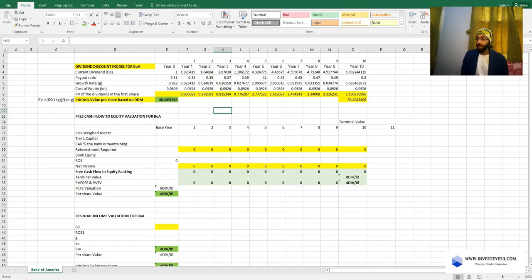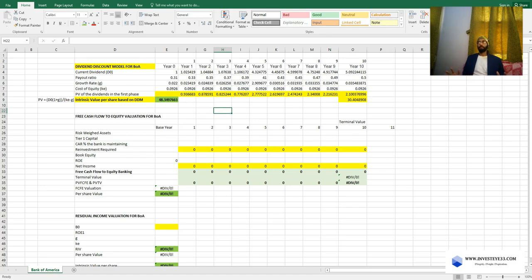and which is a very important factor here, because we are seeing there is a trend increase in the payout ratios, and this is a very important inclusion when you're trying to calculate Bank of America, because we are looking at industries which are maturing, which are expanding at levels which are unforeseen. So therefore we have to assume things what are going to happen in the future and make a good guess out of it. Here the good guess is till 50% the dividend payout ratio should increase, and after that it